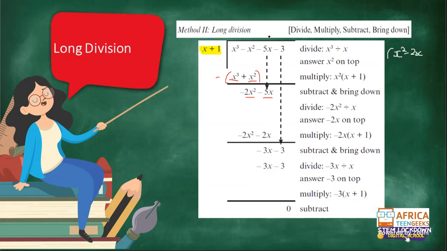So you will continue doing the same procedure until you get to 0. Okay, because when you divide this term by x plus 1, your remainder is 0. That's why your final step is 0. Okay. So do you guys still don't understand long division, or you're fine with long division?